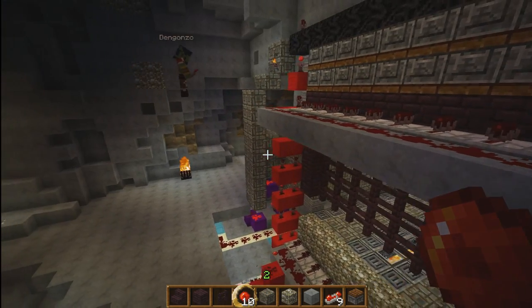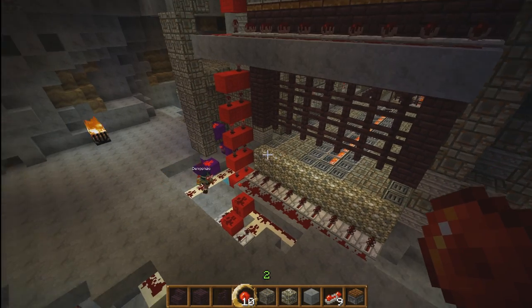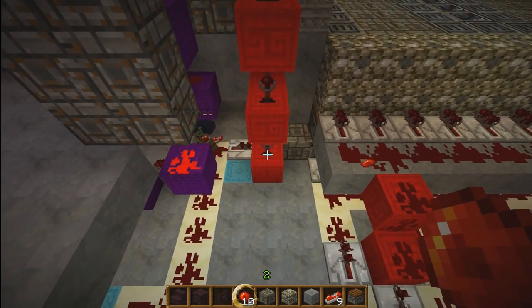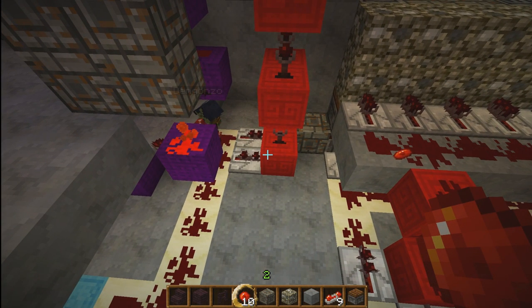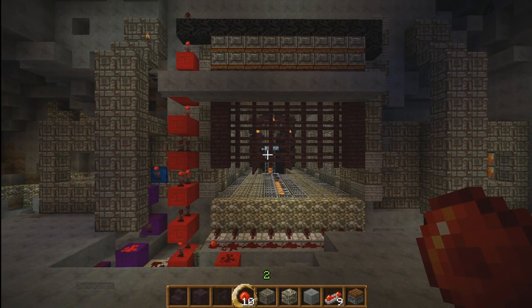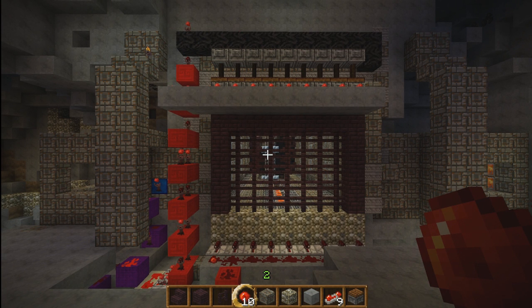Okay. That's basically finished. Now we need to power these ones. So we come down here. We're going to power this from this here. We're going to have a repeater here with 1 tick, and the one beside it with 2 ticks. I'll try with the redstone torch. That's close. You saw it? Yep. So that's basically